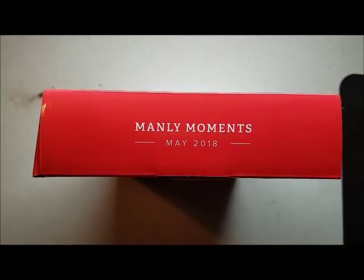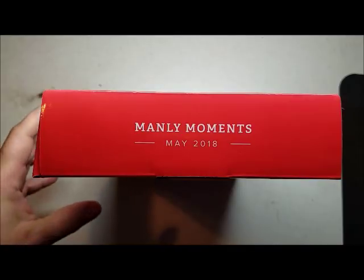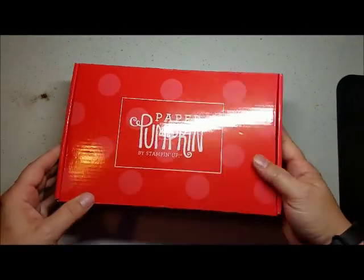I knew where I was going to be this month, so I was able to change my shipping address to my in-laws' house. So that is a tip for the day. If you do move around, you can change your address before the 10th of the month, and it will get to wherever you are. This month's Paper Pumpkin is Manly Moments,